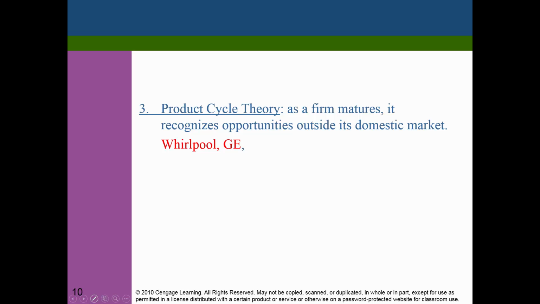But at the same time, if you go to a country like China, we find that there are a lot of opportunities in China and in India. The reason being that these countries have a growing middle class, and a lot of these middle class do not have access to all these things we talk about, such as dishwashers, washer dryers, and so on. So that is one of the reasons why these companies try to set up operations abroad, and they also tend to export their products to these countries.